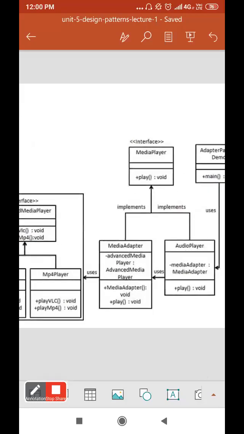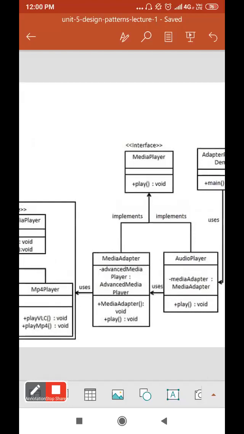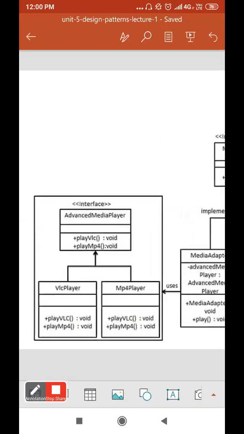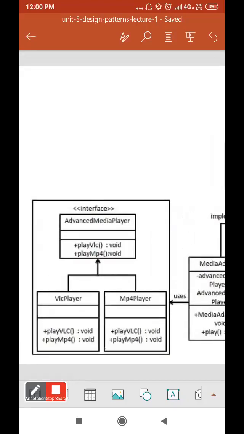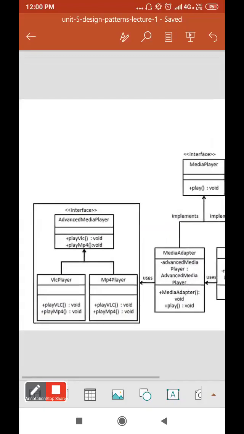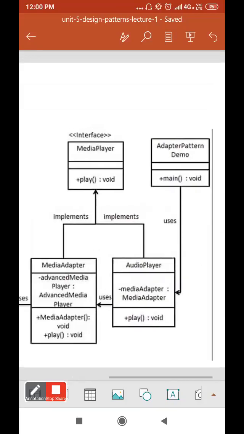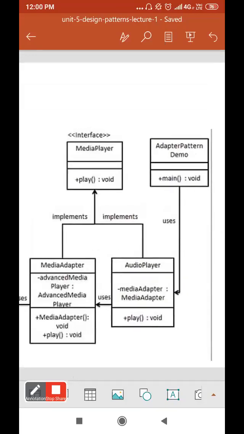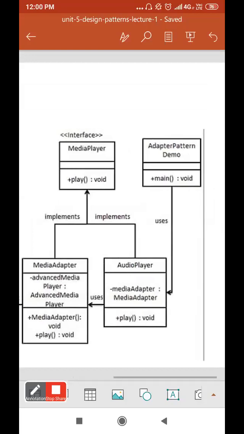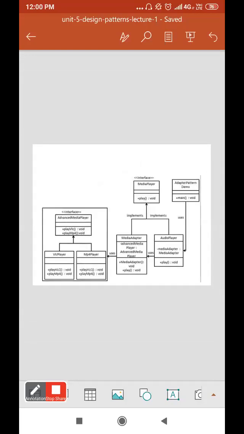Here the advanced media player is your adapter, that is used by the media adapter and audio player. That is another example of the adapter pattern.